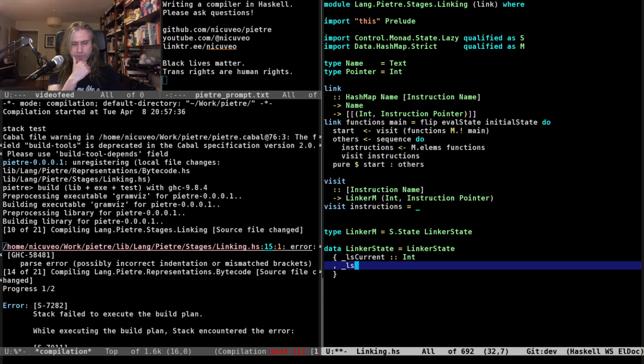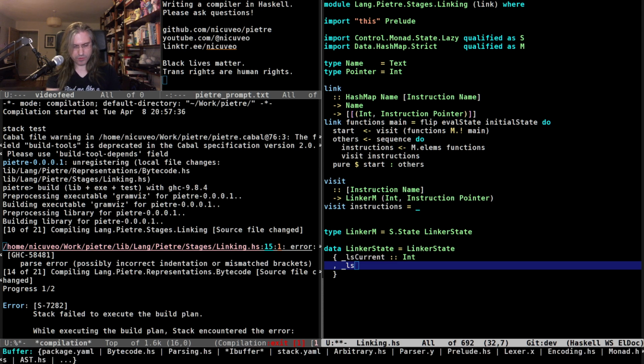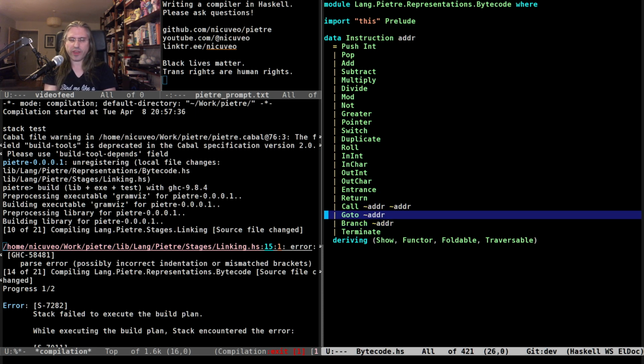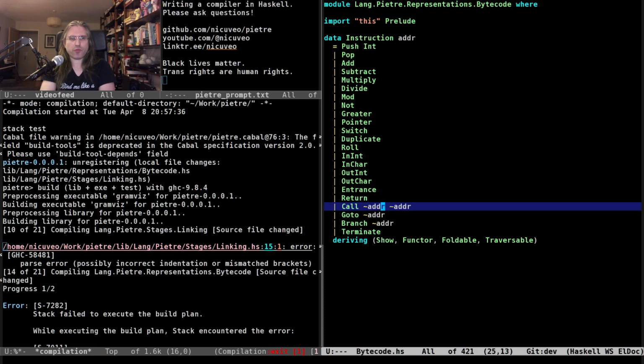Oh, wait, I'm wrong about something. This is not enough. Let me think. Because I think the problem here is the assumption that, in the case of a function call, the only thing we care about is the return address, which is just the next entry in the current function, whose index we're going to determine during the linking phase.